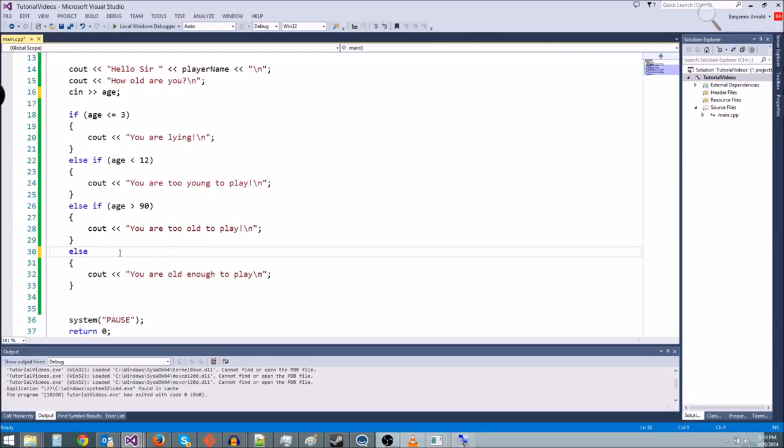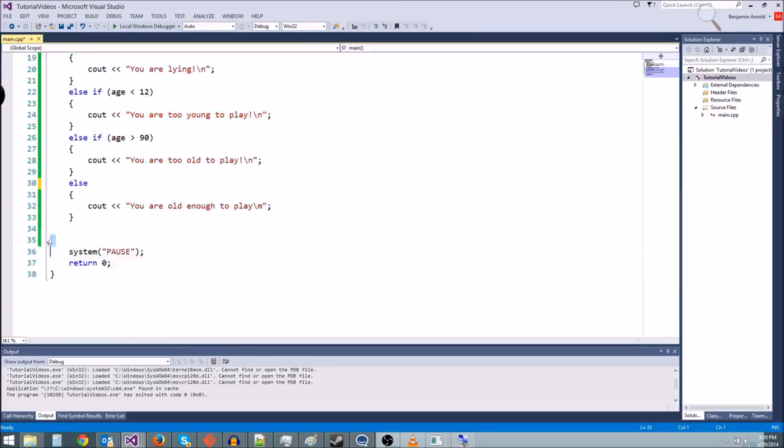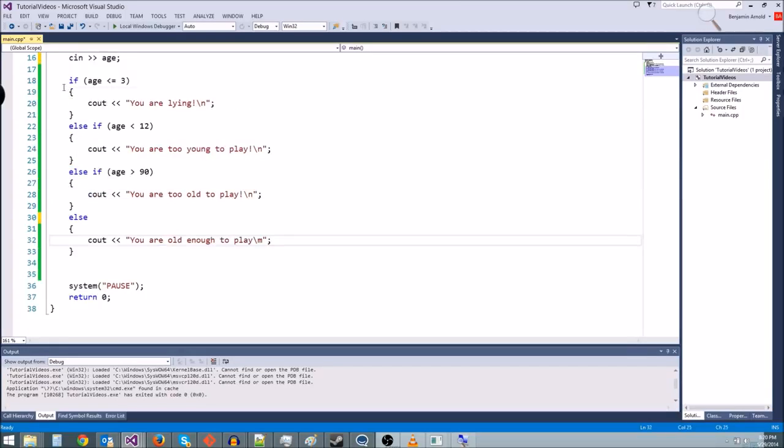We can save ourselves a comparison and just use an else. And what that means is this will always happen if none of these happen. And we are guaranteed that one of these cout statements is going to happen before we get here. Anytime you have an if-else, you are guaranteed that one of them is going to happen if the last one is else, like this. Now you can't have multiple else. That doesn't really make sense. You can only have one else at the very end, and that's just the final case. If everything else fails, oh crap, all of these failed, here's our last ditch to do